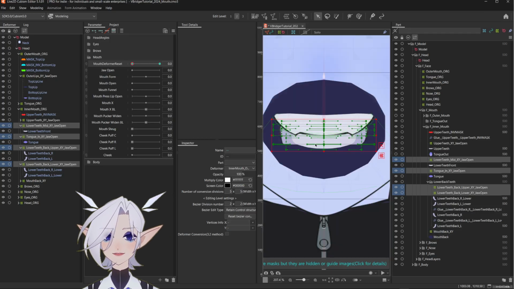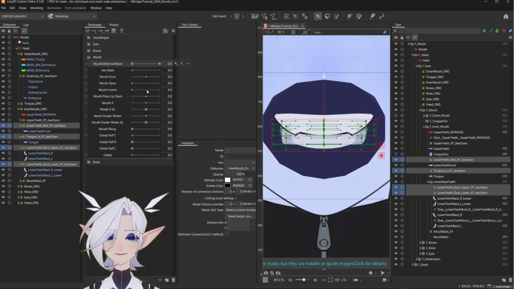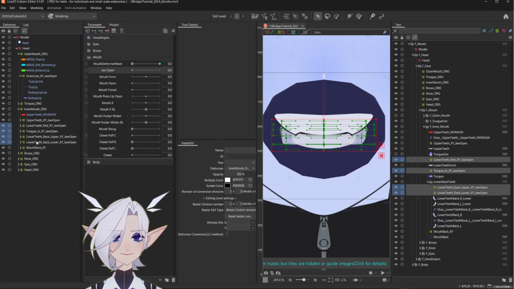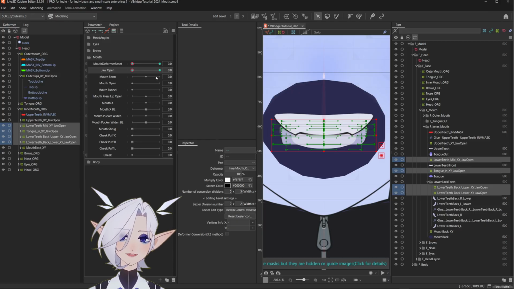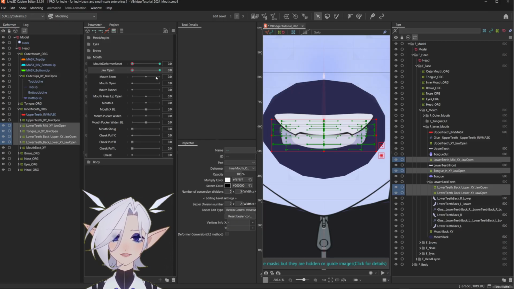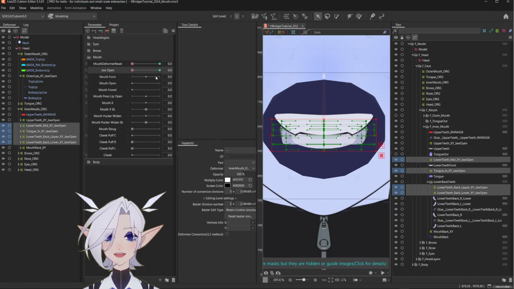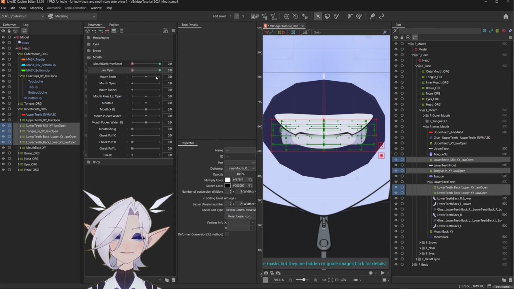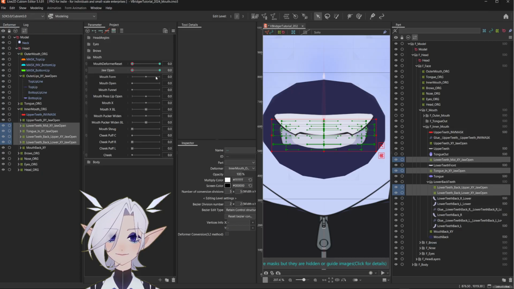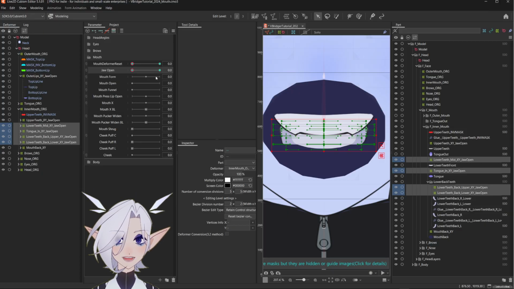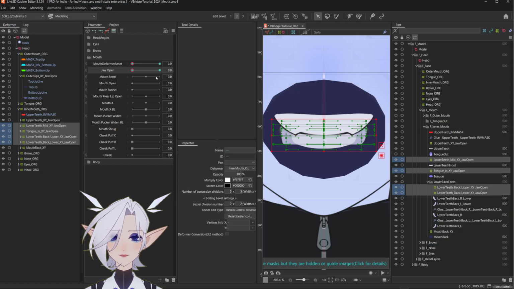Once your teeth look like they are properly closed and are looking good, we can start with the jaw open parameter. We'll put keys on all the lower jaw deformers on the jaw open parameter. We won't be moving the upper teeth at all. If your rigging style requires it, you'll have the option to add it at a later step. We'll use an overall deformer to move the whole mouth. I honestly haven't tried rigging this method while moving the upper teeth, so I don't know how well it will